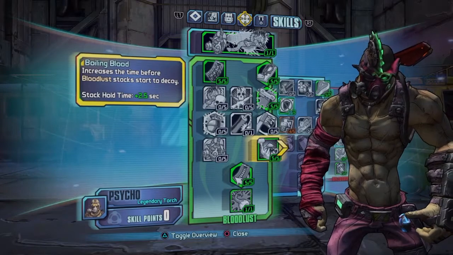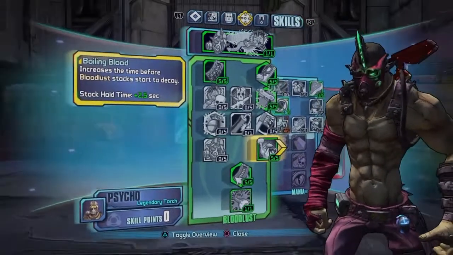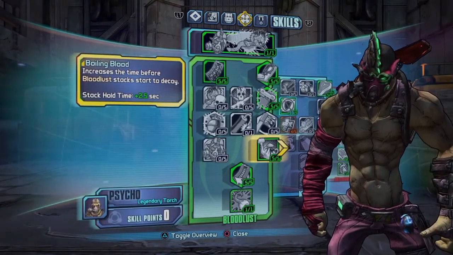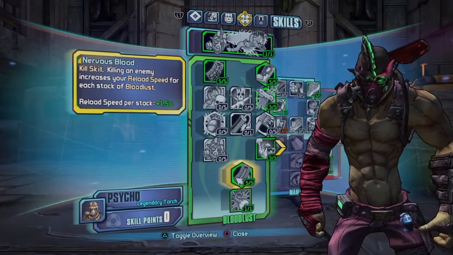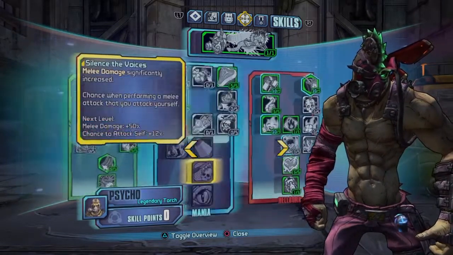Boiling blood, increase the time before blood stacks start to decay. Sorry, my speech is just not working. Okay. Nervous blood, killing an enemy increases your reload speed, which is perfect because the grip I have on my